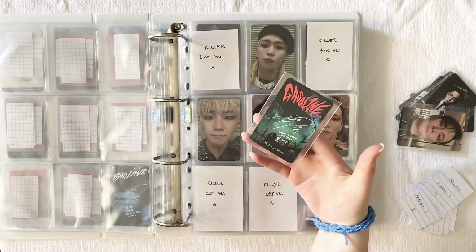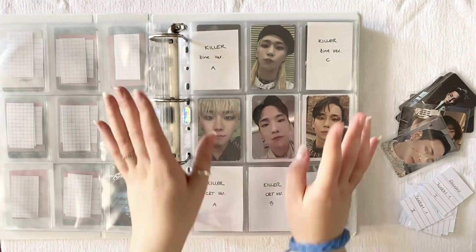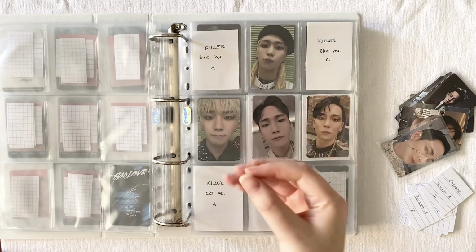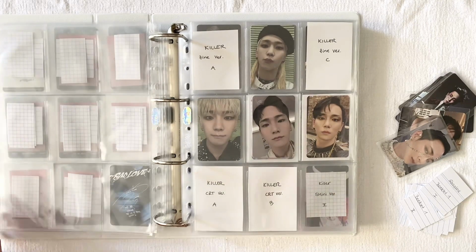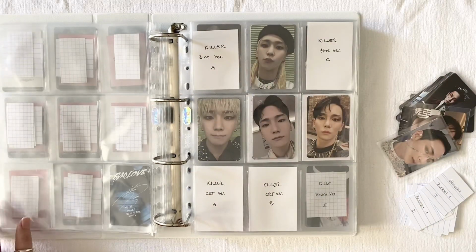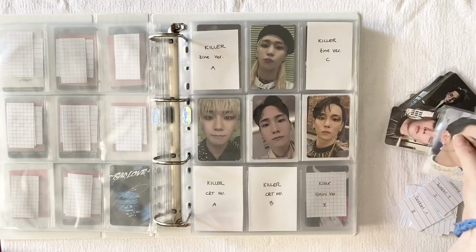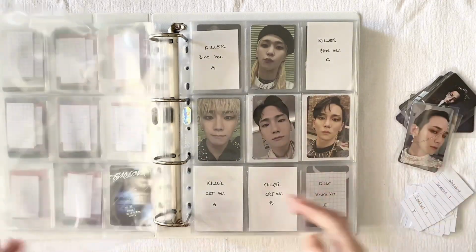Oh no, I forgot. Hold up, I need to look that up real quick. Okay, so I checked. So basically the collector cards, like the photo cards that came in the photo card pack, there were 3 different ones. And then there was another one in the VHS version that was just loosely in the album. There are 2 different ones, and this is one of the loose ones, 1 out of 2, and this one was from the collector pack things. So